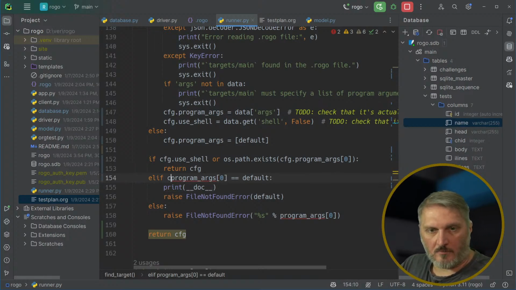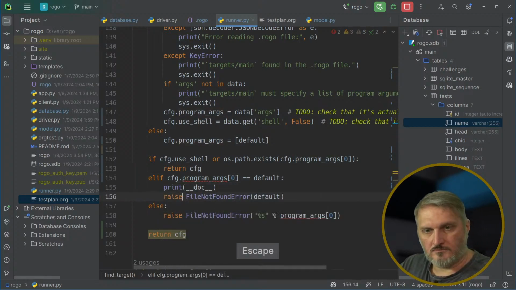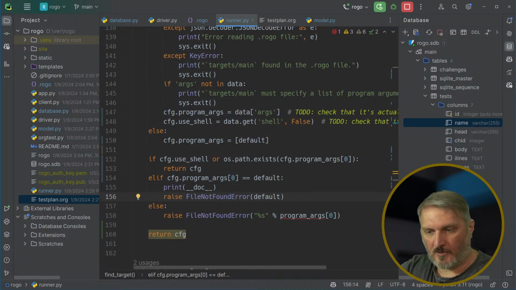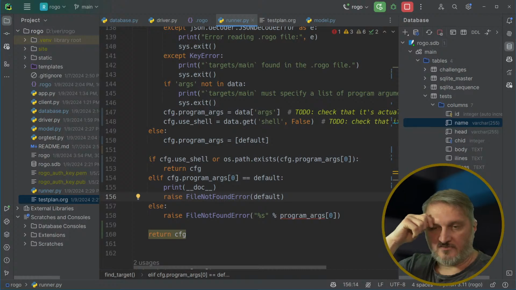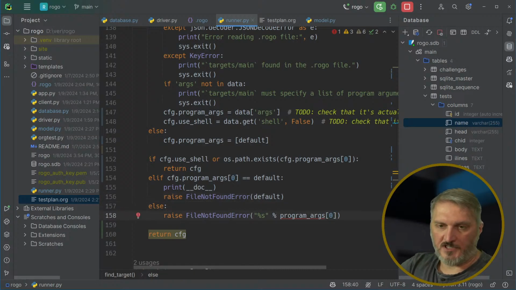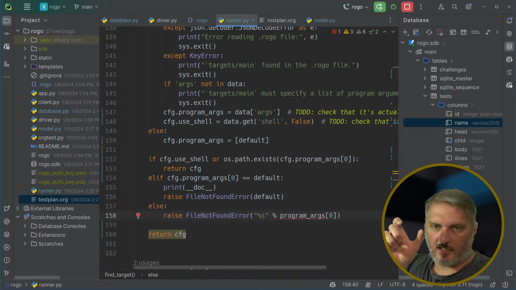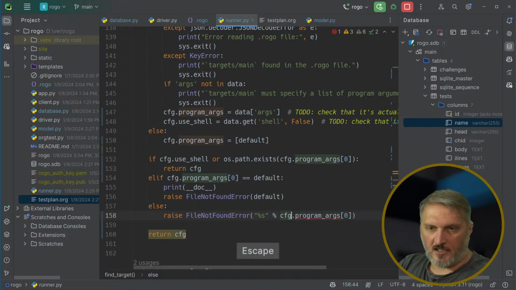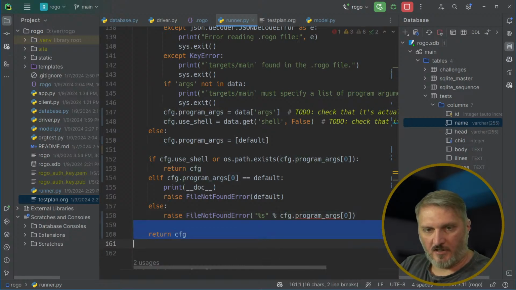If config program, so it didn't exist, my program didn't exist, then we're going to raise a file not found error and exit the program. And then otherwise, you got a configuration and you told it not to use the shell, and it did exist, but it's going to complain that the